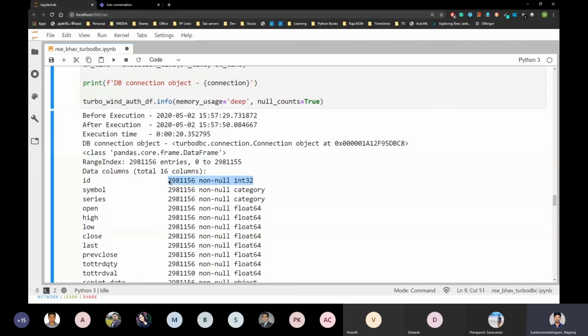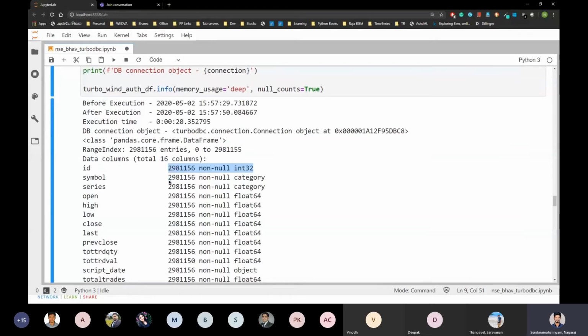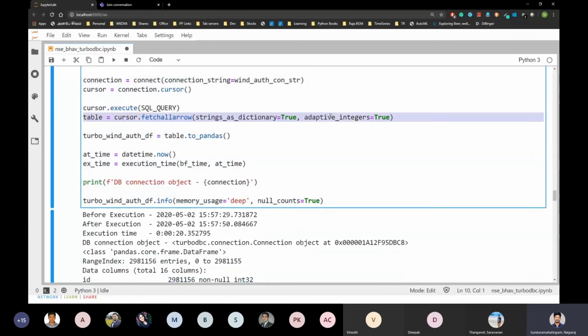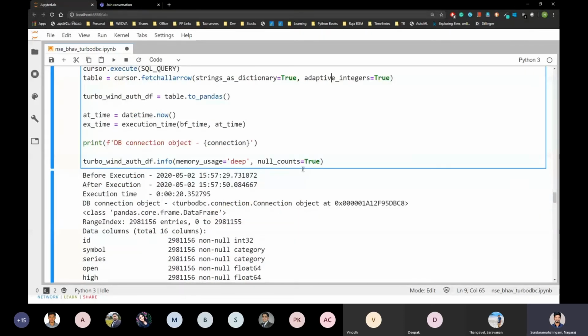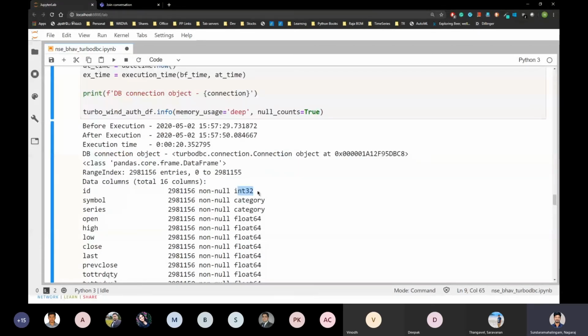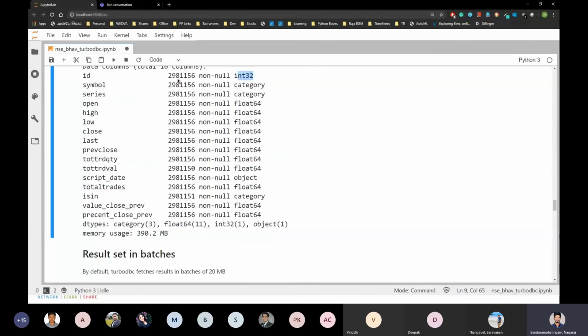I don't need integer 64, I need integer 32 itself. So that's what this parameter does. It adapts the integer data type based on your integer maximum value. Instead of integer 64, it is integer 32 because there is no huge value in this ID column.